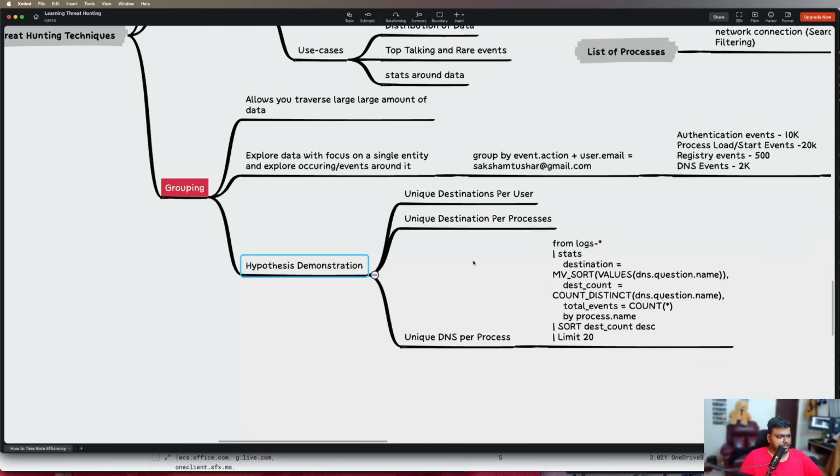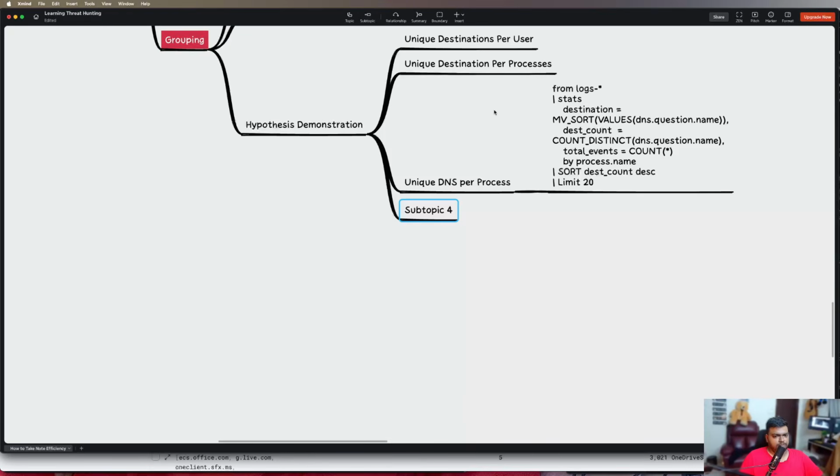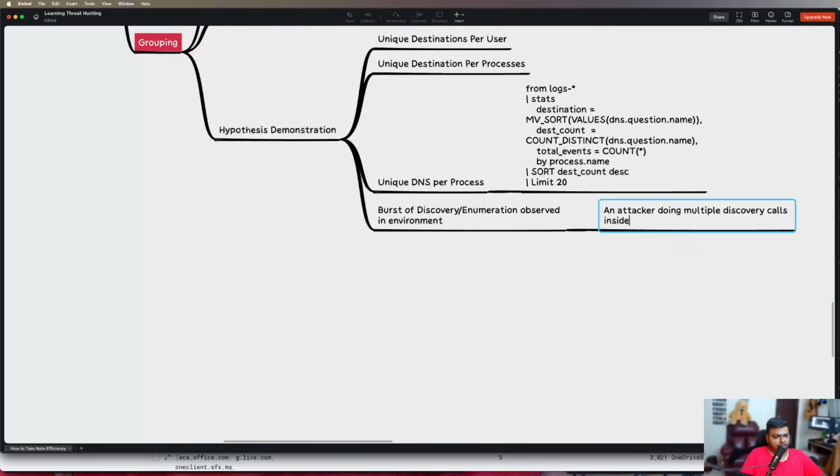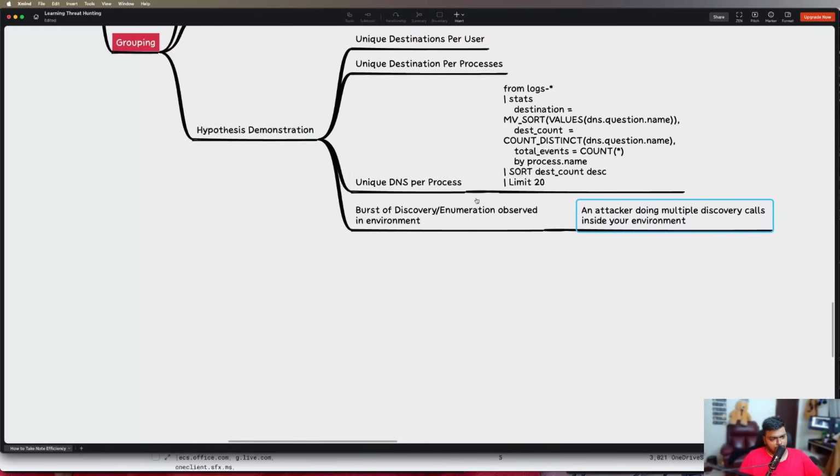We'll see another hypothesis of a burst of discovery / enumeration observed in the environment, right? What we are really hunting is an attacker doing multiple discovery calls inside your environment, right? He landed new, he wanted to understand more, so probably he'll start running a bunch of